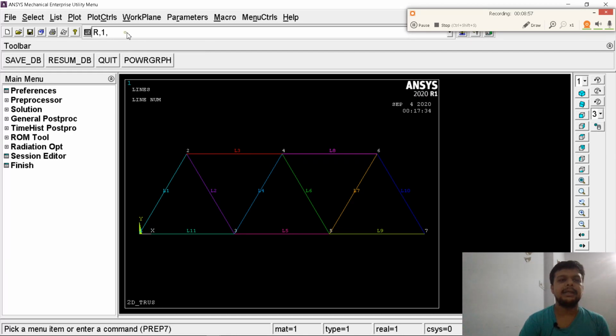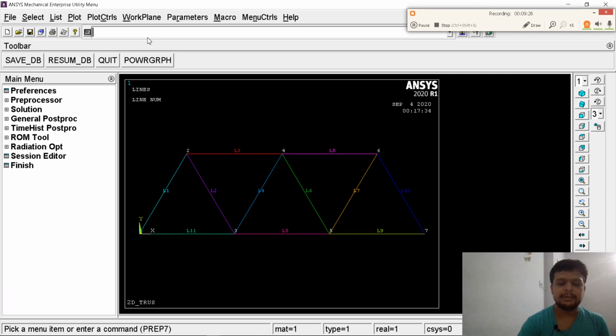The syntax for real constant is R, comma, which type of material it is. We are only using one material, so just consider R1, real constant on first type of element. There is only area to apply in this material, so we will take area as 3250 mm square. So this real constant has been applied.